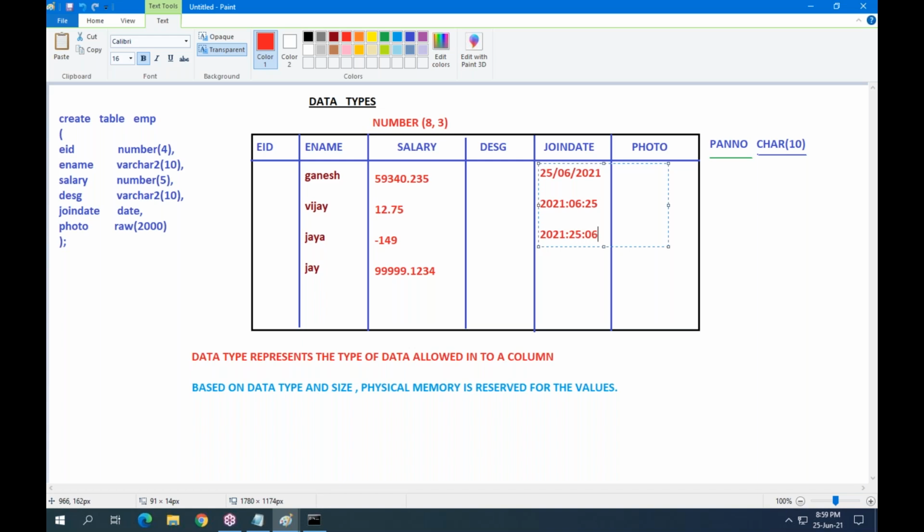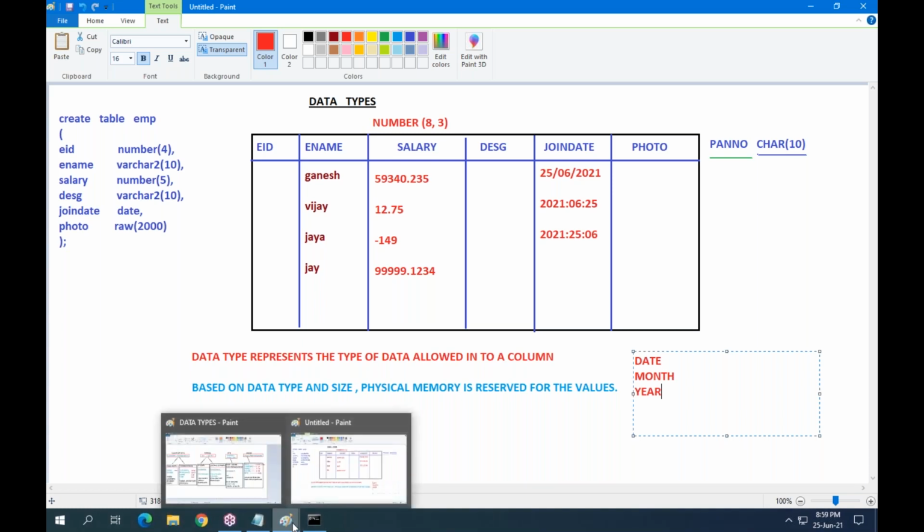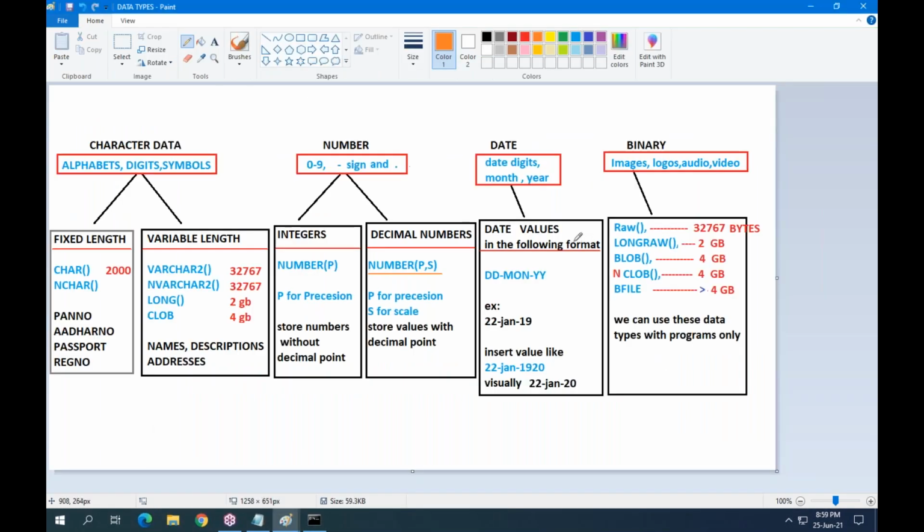But in any date value, what are the common components you are seeing? Date value, month number, year number. So if you want to store any date value, for that column use the data type date.